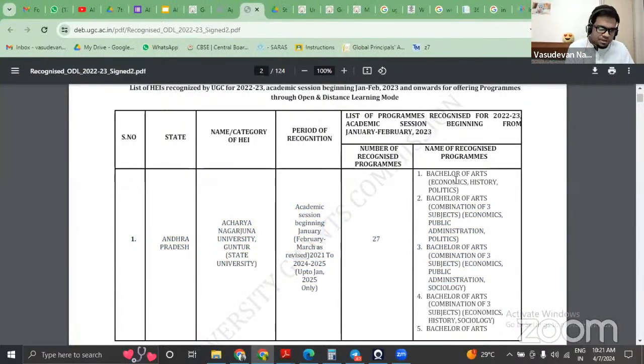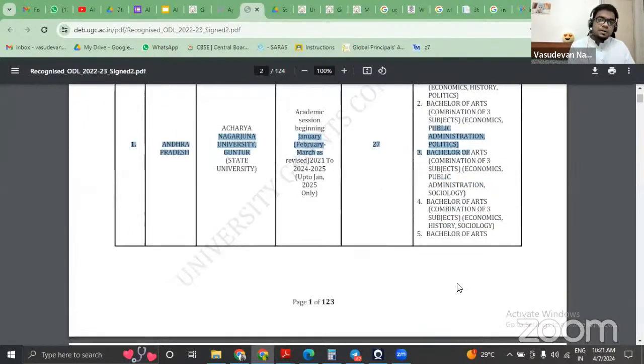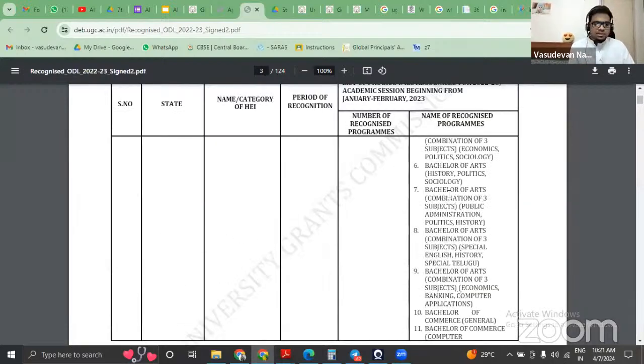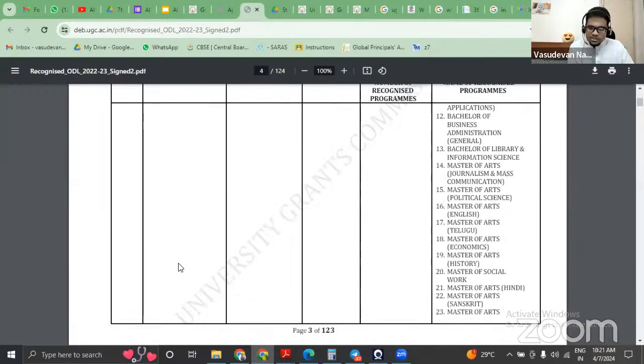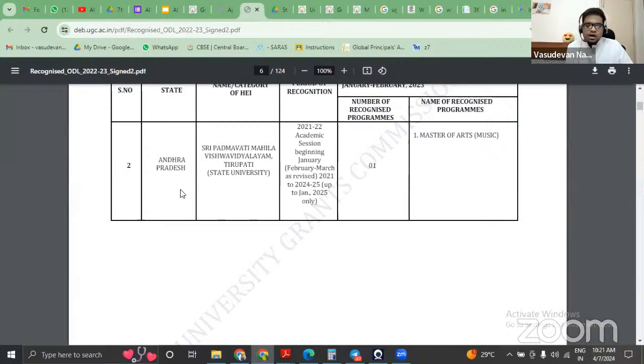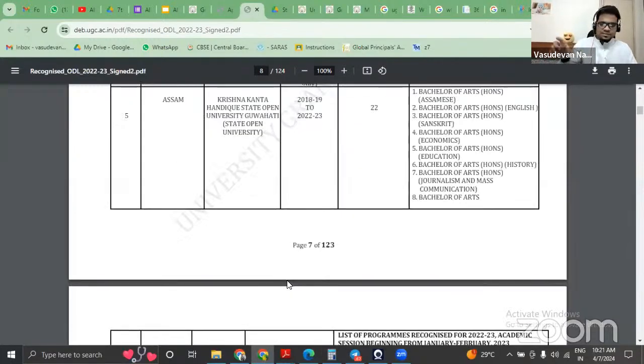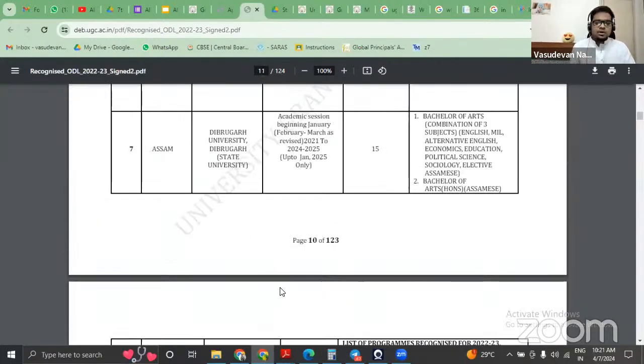Recognition, basically. I'm sorry. Bachelor of Arts, Economics, History, and Politics. Combination of the economics and public administration. So this is completely oriented towards arts. Bachelor of Arts, combination of three subjects, and there is another state now. So Andhra Pradesh A is the first, then Assam, then all the states will come down, and based on that,